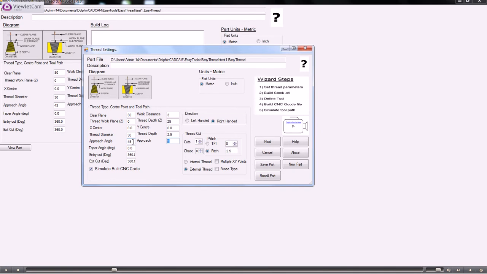If we were using a tapered thread, we would specify the taper angle here, and we have an entry and an exit cut. For each one, the default is 360 degrees, so the tool will make one complete revolution before it starts cutting the thread, and it will make another 360 cut when it exits the thread. The direction of the thread can either be left-handed or right-handed, and then the cutting parameters for the thread are